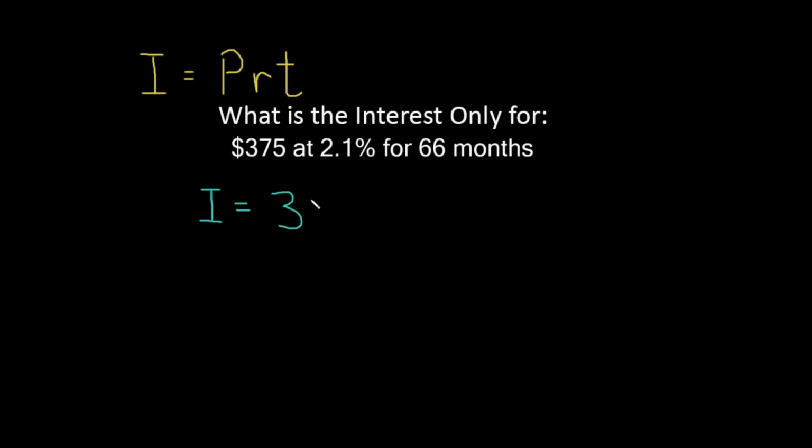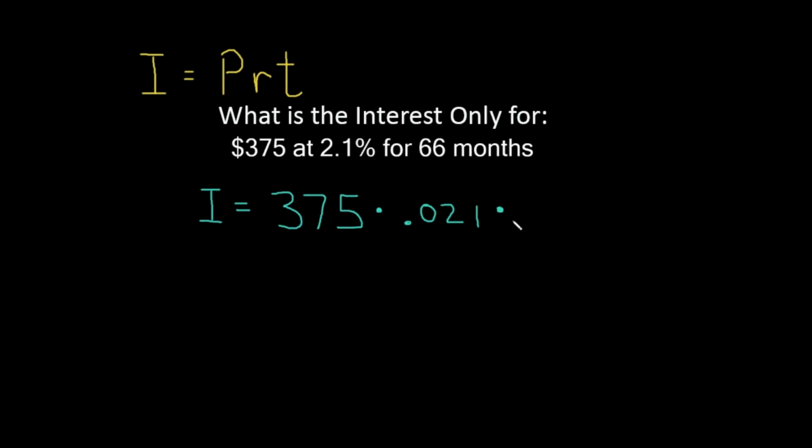So we can say 375 times 2.1%. Well, what is that as a decimal? We're going to bounce the decimal point 2 places to the left. So we're going to say times 0.021. I move the decimal 2 places. 1, 2. So 0.021 times